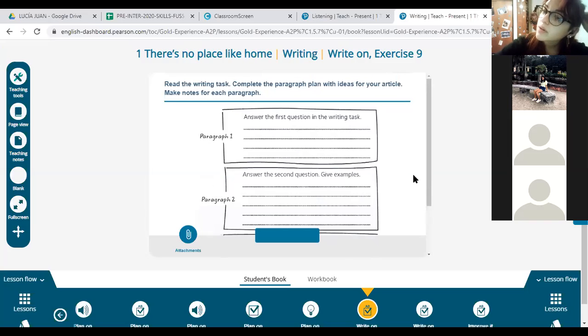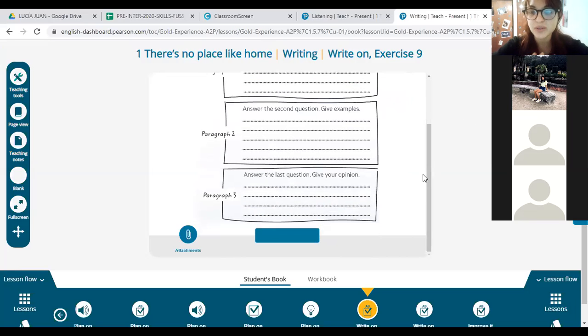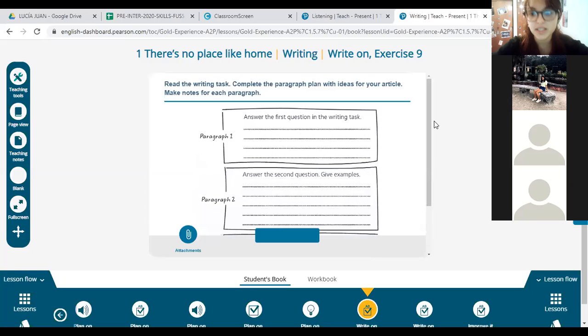¿Lo hacemos ahora o de tarea? No, esto es para que, lo estoy explicando bien, para que la voy a postear en el aula virtual para que la hagan de tarea. Okay. Ah, bien. Tienen tiempo, sí. No los voy a mandar ahora en 20 minutos a que escriban. No soy tan cruel. But I wanted to make it clear so there aren't any questions. So it's clear for you to write.